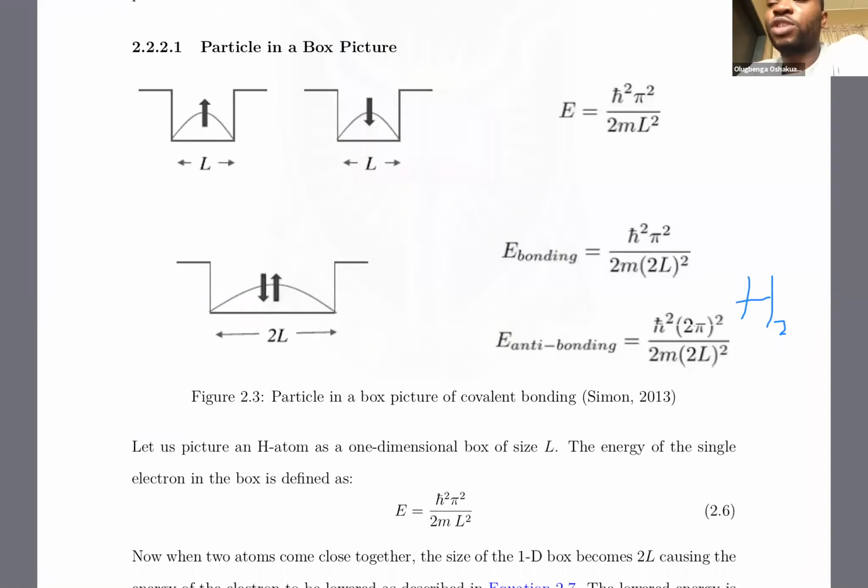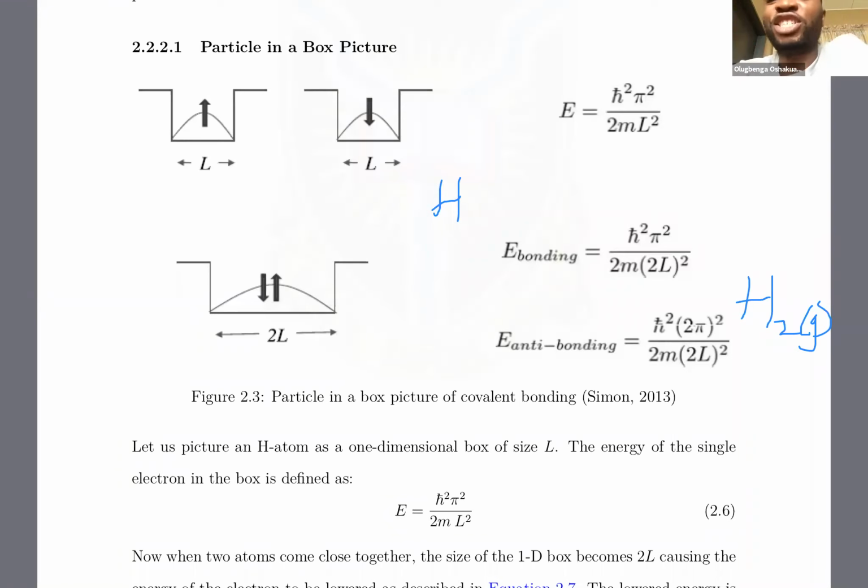Hydrogen molecule is H2. Hydrogen atom is H. And when we are talking about hydrogen gas, it's usually written as H2 gas. So